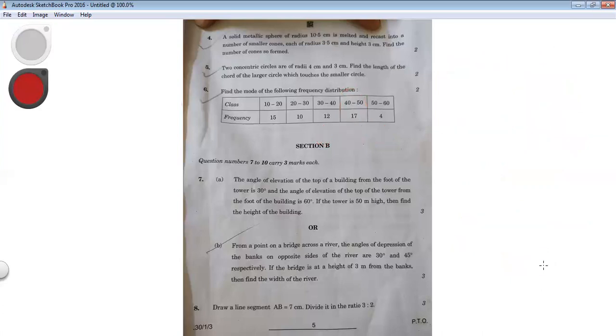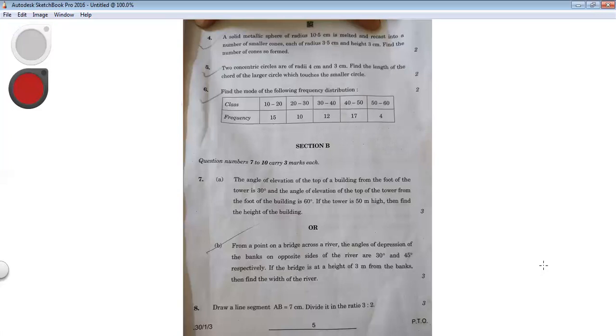Okay, now we move on to the second section B. So now the seventh problem it is. So 7a, the angle of elevation of the top of a building from the foot of the tower is 30 degrees, and the angle of elevation of the top of the tower from the foot of the building is 60 degrees. If the tower is 50-meter high, then find,